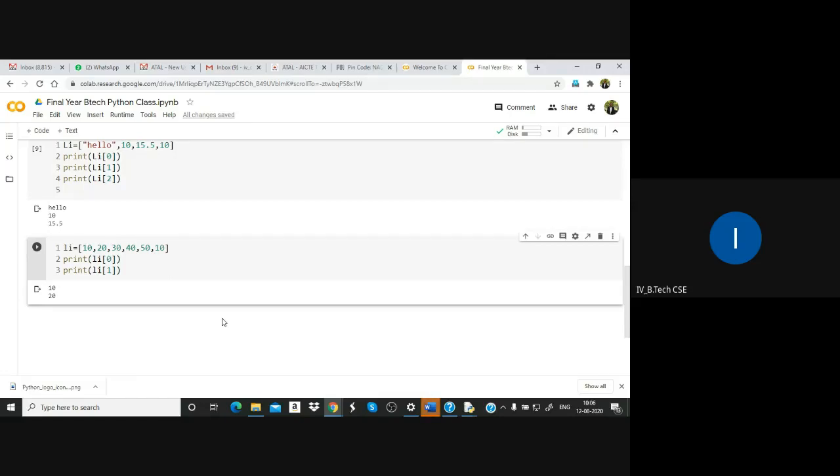So next, okay. Next, just as in C language you have experienced for loop, how to access the elements of a list using for loop?